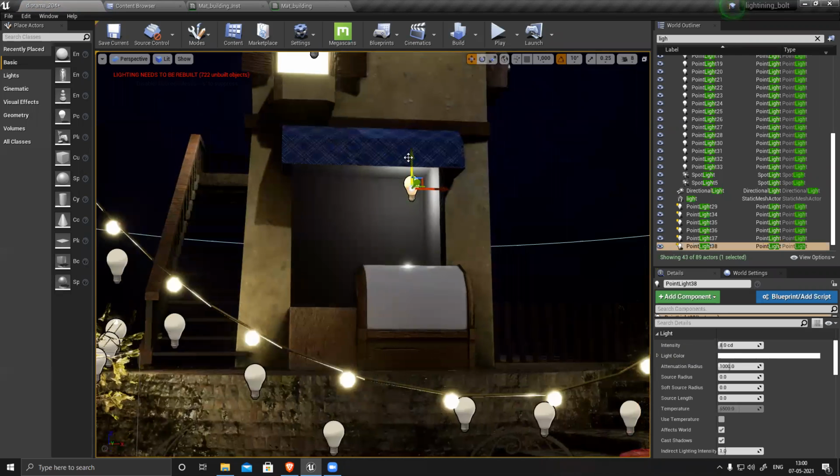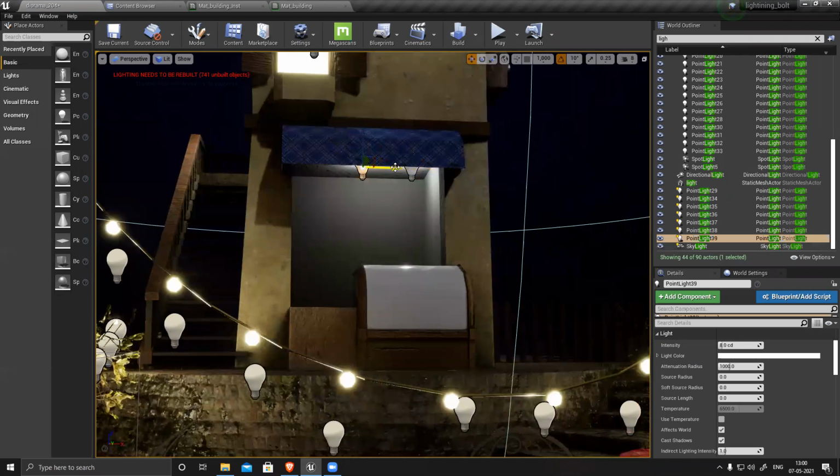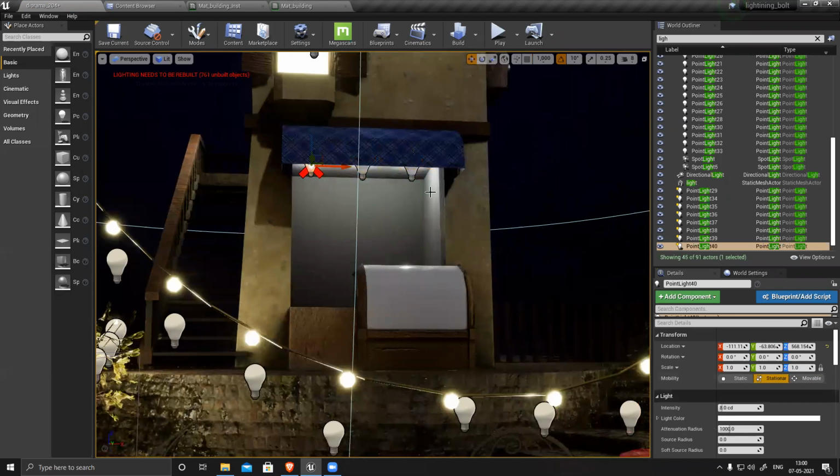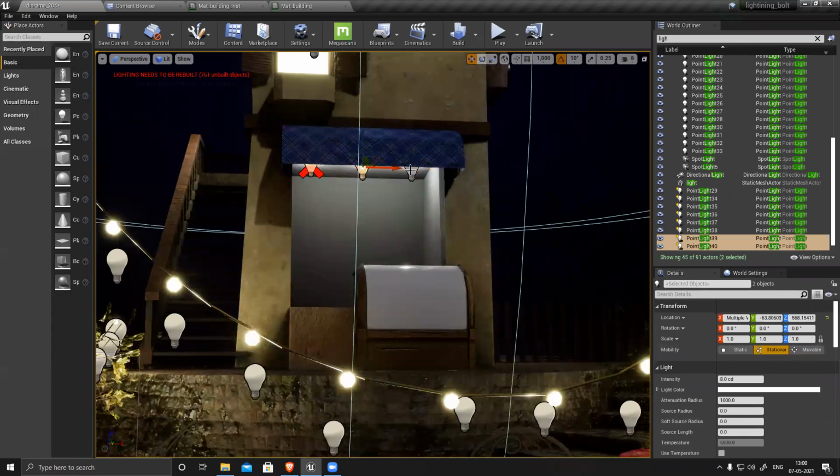So I'm going to use a point light. These three have a cross because they're stationary lights. So I have to make sure to select all three and change them to static light.